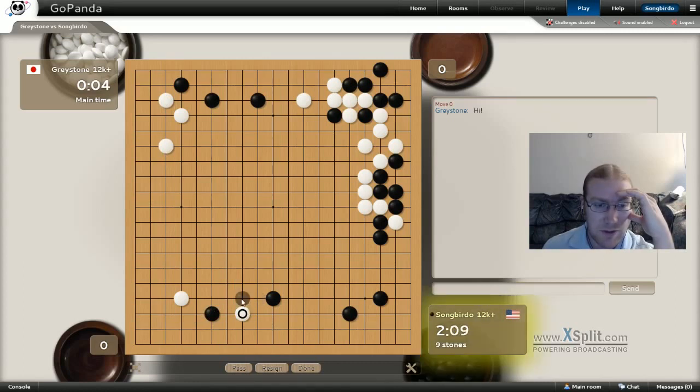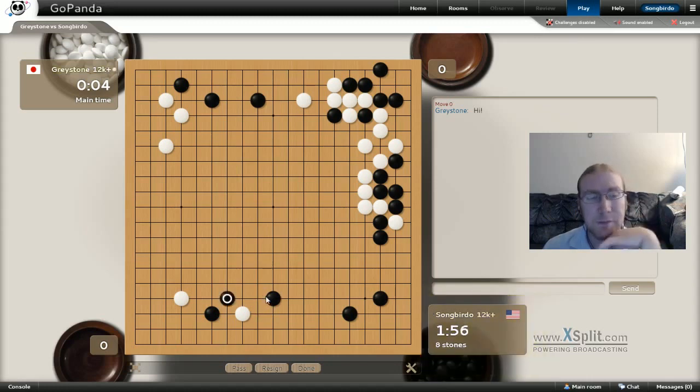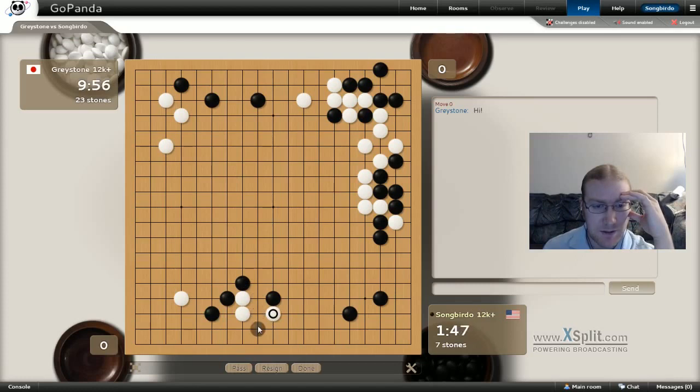I mean, that is the right invasion. Diagonal. Which one do I like better? Let's do this one. He stands, I cover. You can Hane, I cut. You attach here, we do this sort of thing. You're attaching there. That's very strange. Because if I do this, that, this,